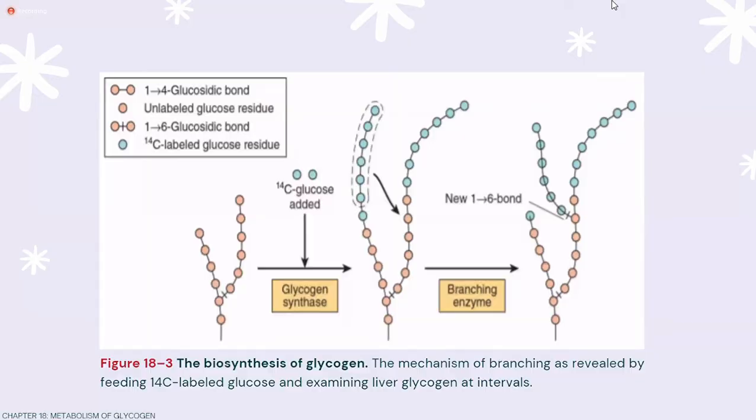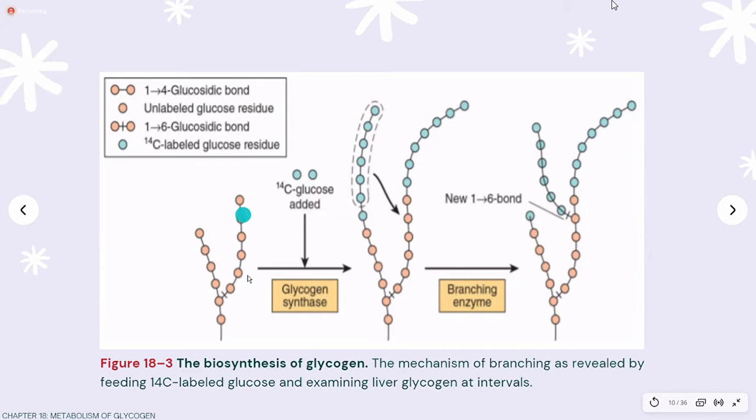All right, here we are. Okay? One glucose unit. Another glucose units, 1,4, 1,4, 1,4, 1,4. Now here is a branch. That's 1,6. After 1,6, you have 1,4, 1,4, 1,4. Okay. This is your glycogenin attached to a protein known as glycogenin, and you have these several glucose units. This cannot be attached or detached